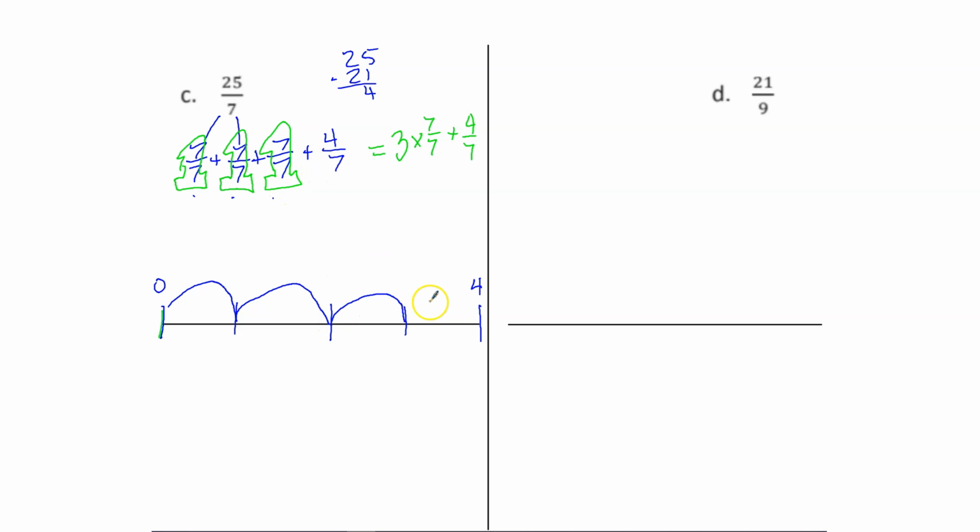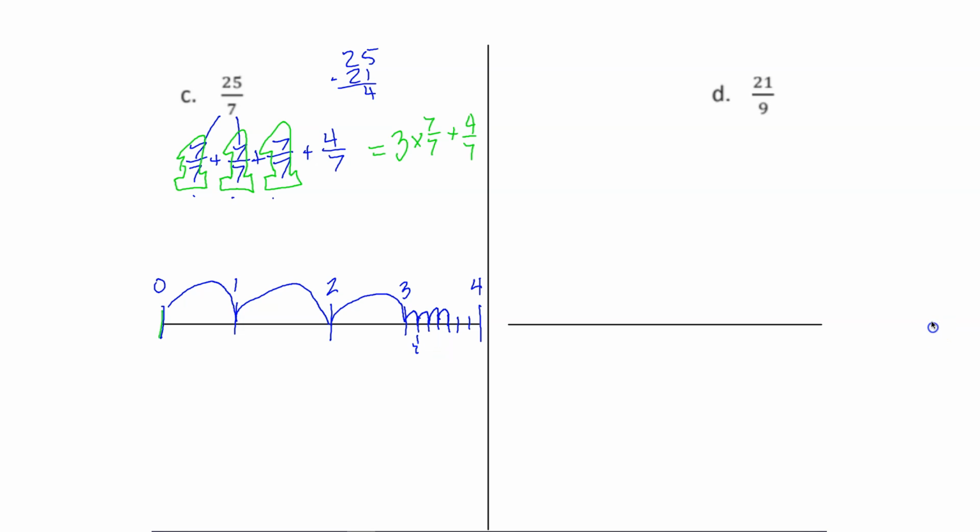Now this is going to be split into sevenths. I need 6 lines. And I'm going to use 4 of those partitions. 1, 2, 3, 4. So this would be 1 whole, 2 wholes, 3 wholes. This would be 3 and 1 fourth, 3 and 2 fourths, 3 and 3 fourths,